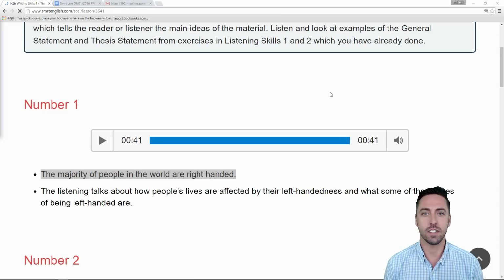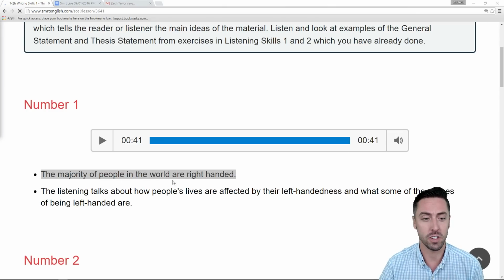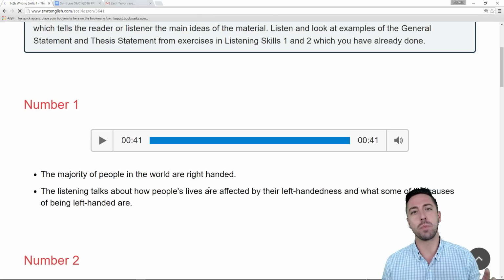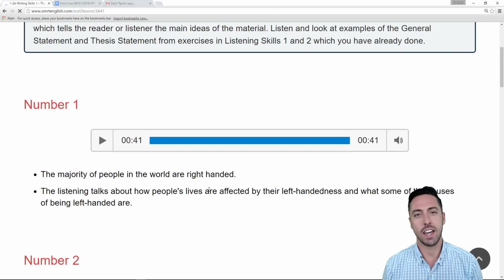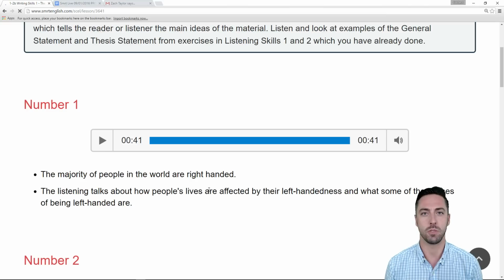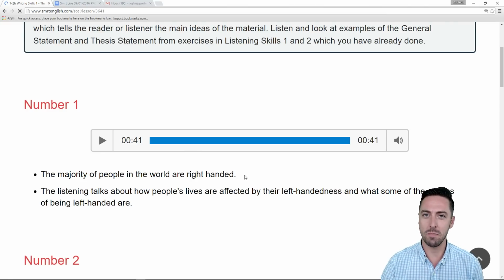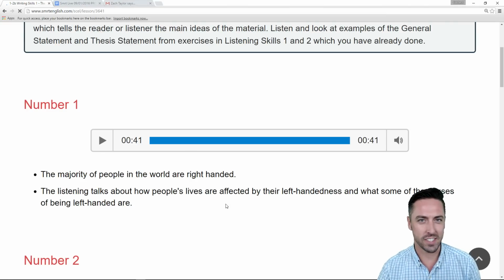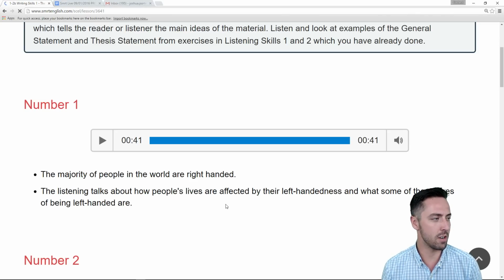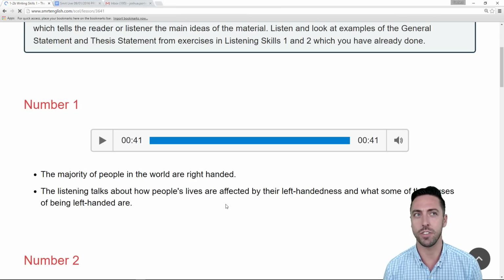The essence of that listening was the majority of the people in the world are right-handed. Now, the majority, 90% is what the listening said, and that's the majority, the bulk, the larger portion of people in the world. Is that the general statement or the thesis statement? I'd like to know, if you're in the chat there, let me know. Do you think that is the general statement or the thesis statement? And while you're thinking about it,